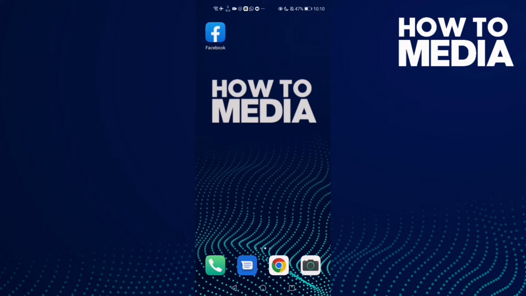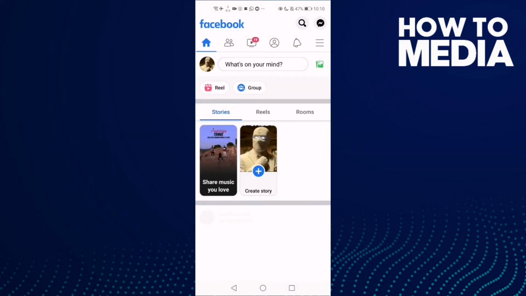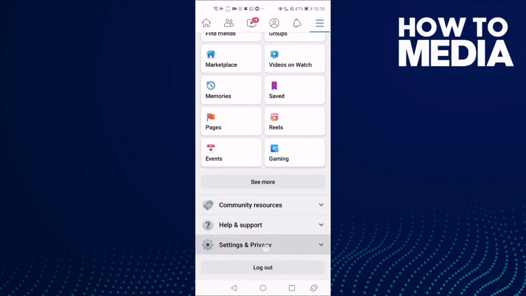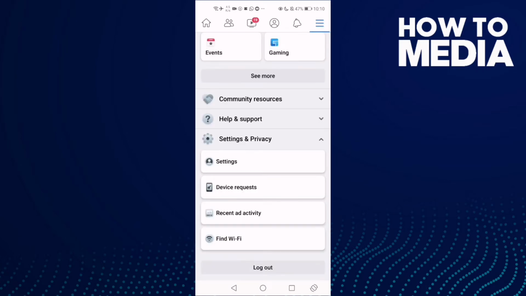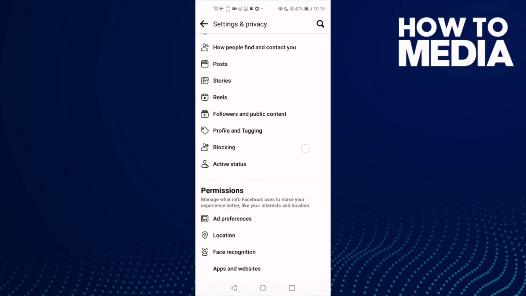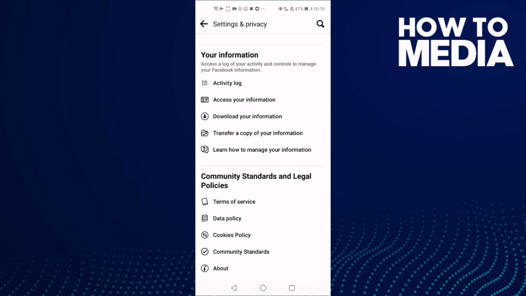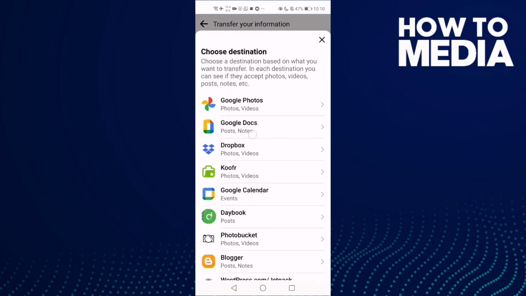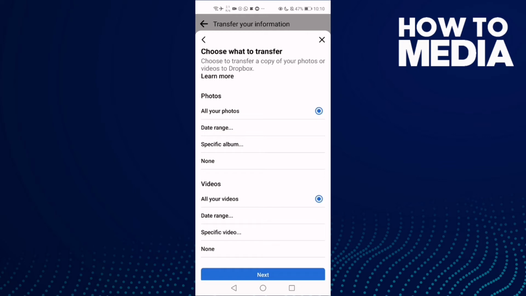First thing you're gonna do is go to Facebook and then click the three lines here in the top corner, and now go down, click settings and privacy, and then click settings, and now go down here until you find transfer a copy of your information, and now just click next and then click Dropbox and manage here anything you want,